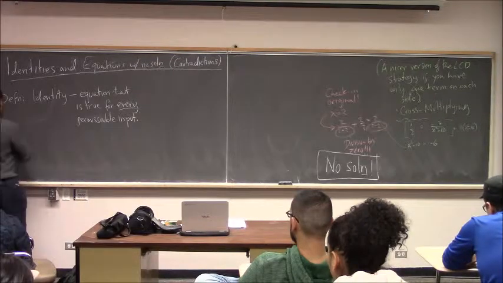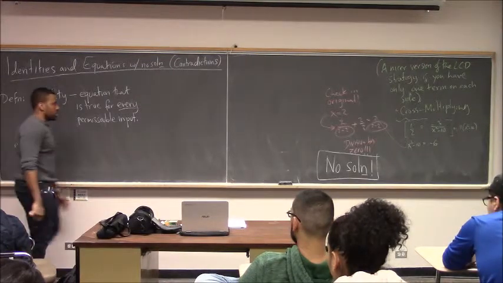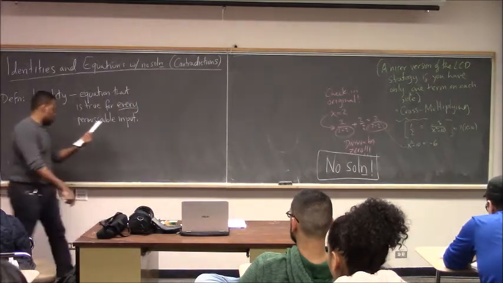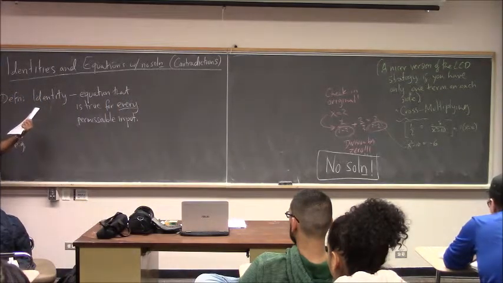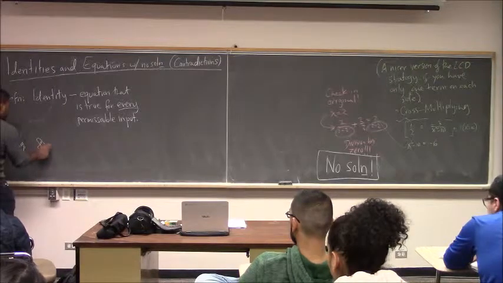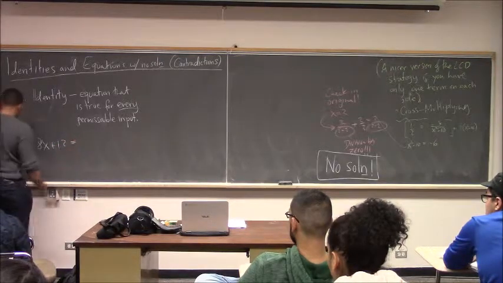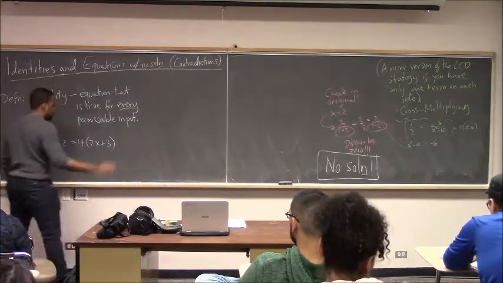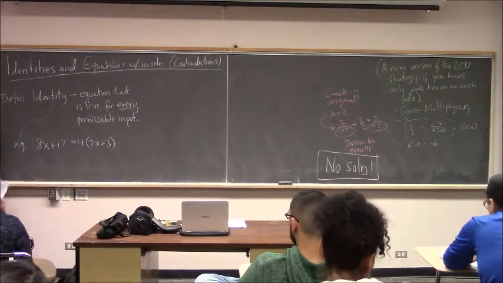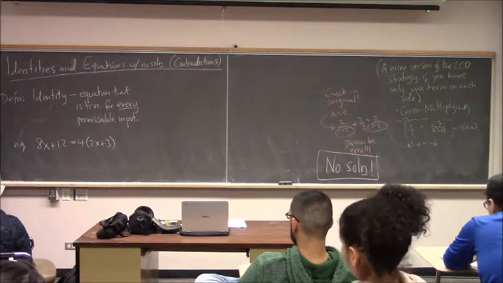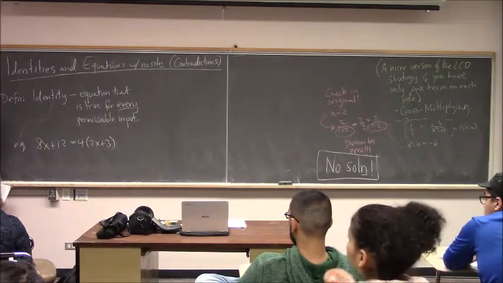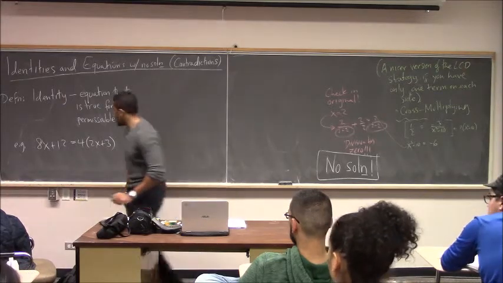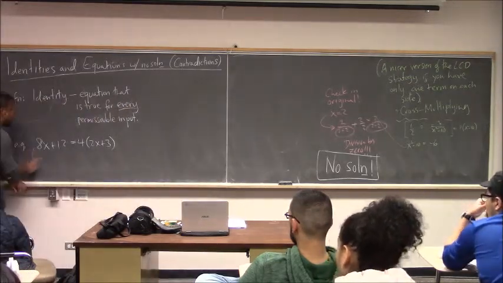Okay? So for an example, there's nothing really to solve here. It's just a matter of knowing when these guys show up. For example, 8x plus 12 equals 4 times 2x plus 3 is an identity. Okay. Now, how you know something is an identity, how you would actually show something is an identity, is notice that if we try to solve,